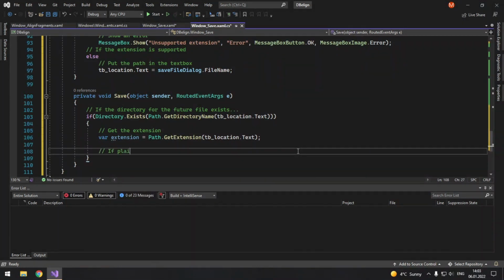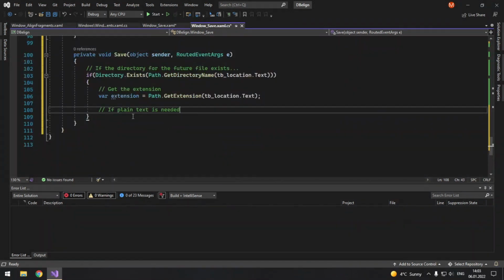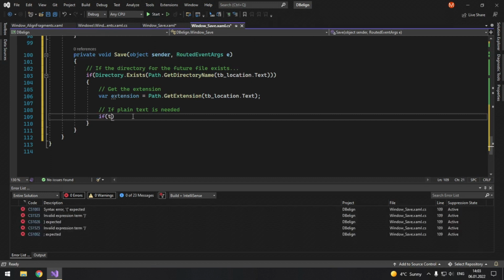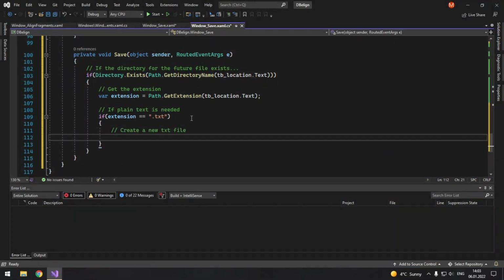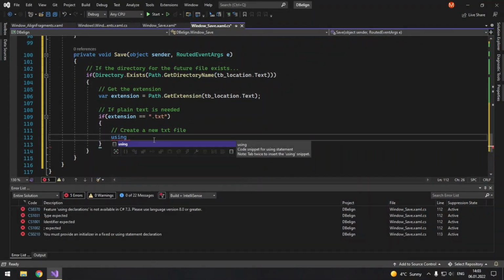So if plain text is needed, and as I said, we work only with plain text today. So if extension equals .txt, then we create a new txt file, and for that we will use a stream writer because we are going to create and immediately write to it.